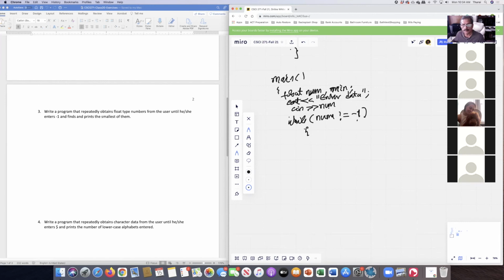Since we are finding the minimum, I'm going to do something before the loop begins, and that is to copy the very first data into the min. Min equals num. So the very first data is copied into min, and then all of the other numbers should be compared to min. But the loop control is still the sentinel. So while num is not equal to -1,